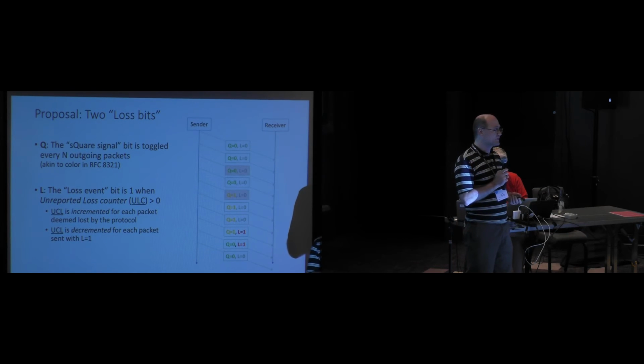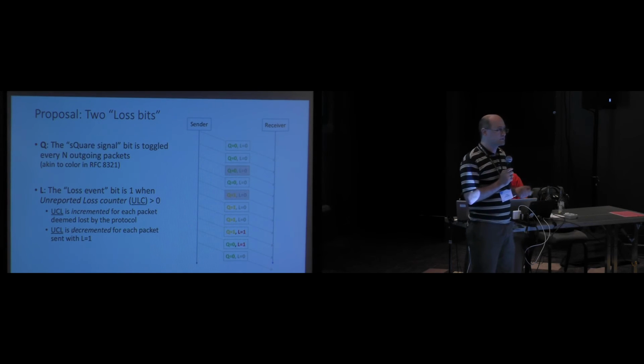One bit is the Q bit, which stands for square signal. It's very simple. When you're sending packets, 64 of them have Q bit 0, then 64 have 1, 64 have 0, and so forth. The other